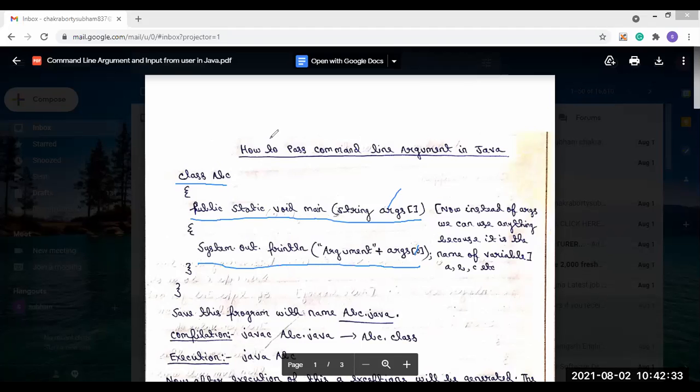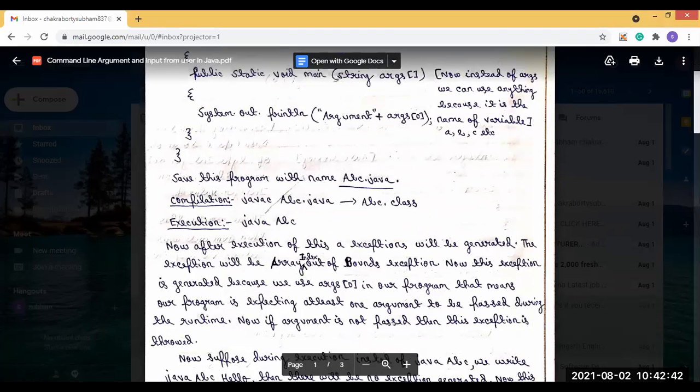Now after execution, if we execute like this, an exception will be generated, and the name of the exception will be ArrayIndexOutOfBoundsException. Why will this exception be generated?